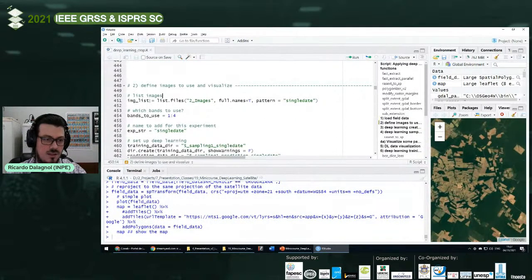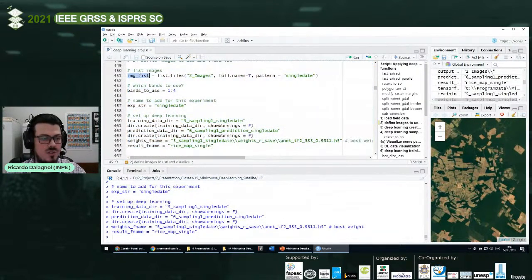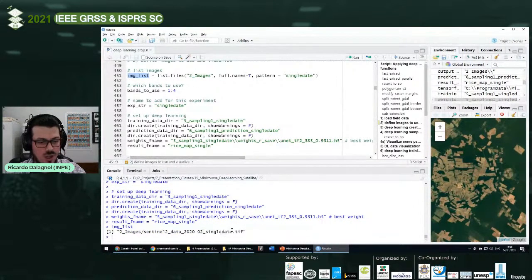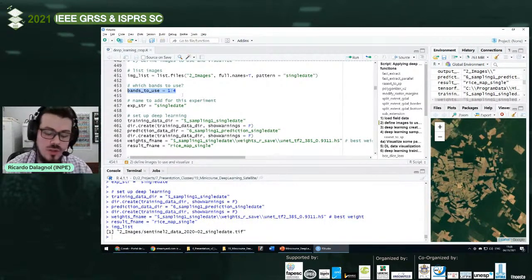And then this is just a technical thing inside here, to list the images. The image is inside this folder, image. We'll have this file, Sentinel data, February 2020, single date. This is what we downloaded last week in the R course and is present in the data set on GitHub, okay? So if you didn't participate last week, you can download the data set. We will use only bands 1 to 4